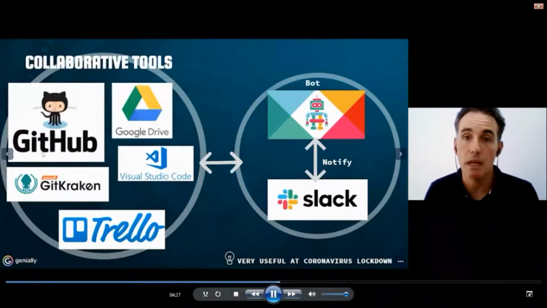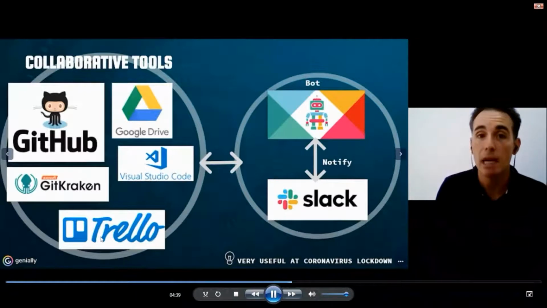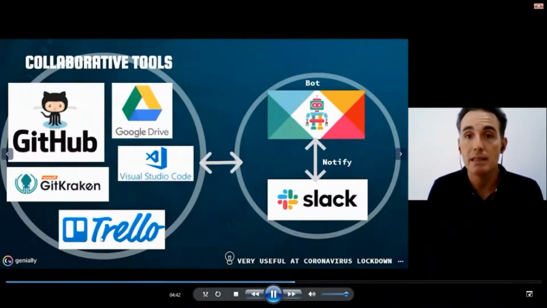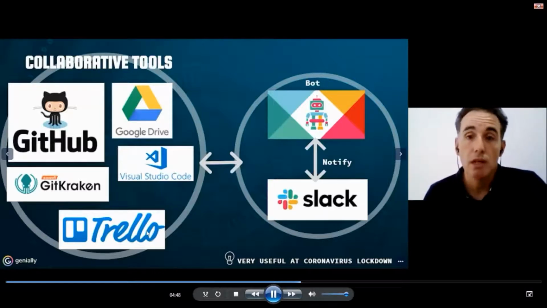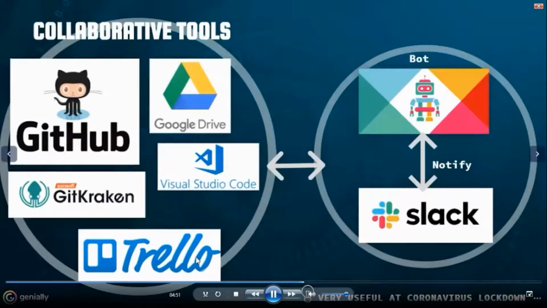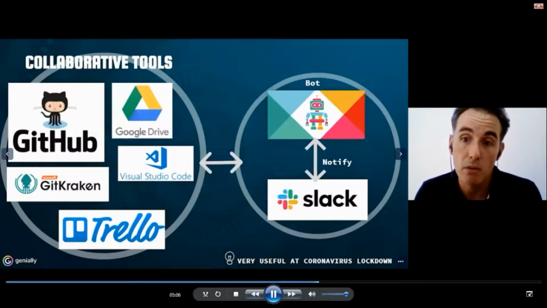GitHub is where our students upload the code, so we can see every moment what students are doing in our project. Also Trello is connected with GitHub and with Slack, so at every moment we teachers can see the real state of the project, and it's very, very helpful. This scheme of tools is not something new we invented. It's the scheme that is used in most of the IT companies. So we are also using what they use in the IT companies after studies. This way of working was very useful during the coronavirus lockdown, because we continued using this way, and it's very helpful.